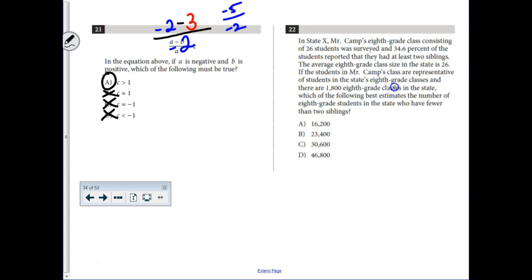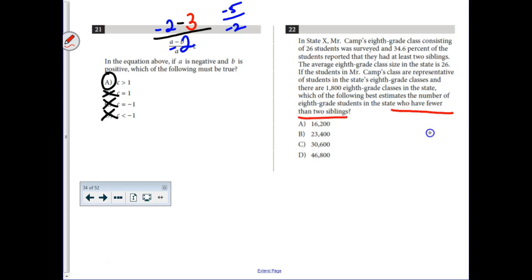If students in Mr. Camp's class are representative of the state, and there's 1,800 8th grade classes in the state, which of the following best estimates the number of 8th grade students in the state who have fewer than 2 siblings? Okay, the math teacher in me just cringed